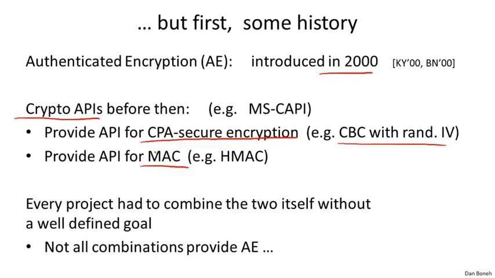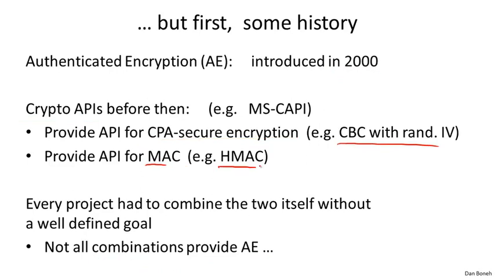In particular, every developer had to invent his own way of combining encryption and MACing to provide some sort of authenticated encryption. But since the goal of combining encryption and MACing wasn't well understood, since authenticated encryption hadn't yet been defined, it wasn't really clear which combinations of encryption and MACing are correct and which aren't. And so every project, as I said, had to invent its own combination, and in fact not all combinations were correct. I can tell you that the most common mistake in software projects was incorrectly combining the encryption and integrity mechanisms. So hopefully by the end of this module, you will know how to combine them correctly and you won't be making these mistakes yourself.